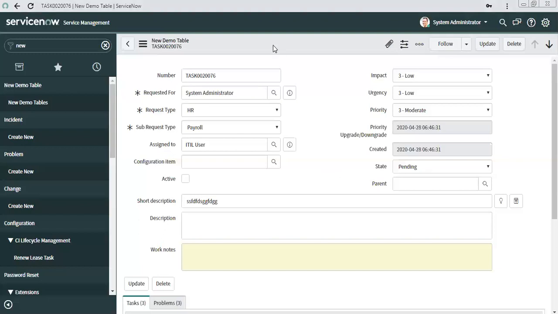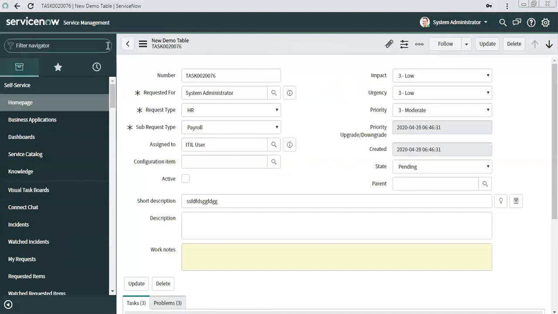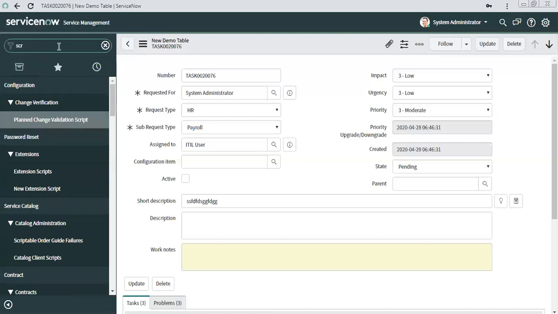Okay. So first thing, in case of this Glide Ajax, you need a place where you can write the server side code. Client side for making the call on change of this, you can write a client script. However, for server side, you need a place where you can write the server side code. So you need to write it in script include. That is where your script include comes into the picture.